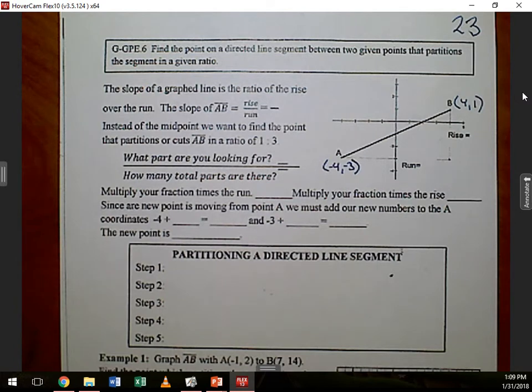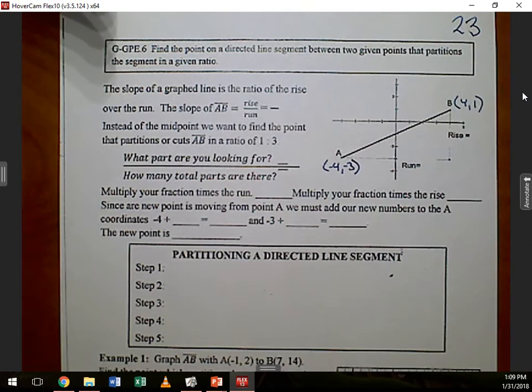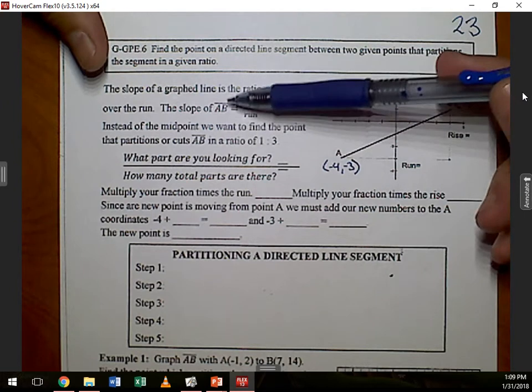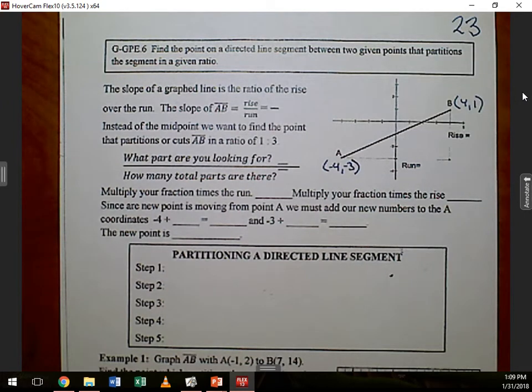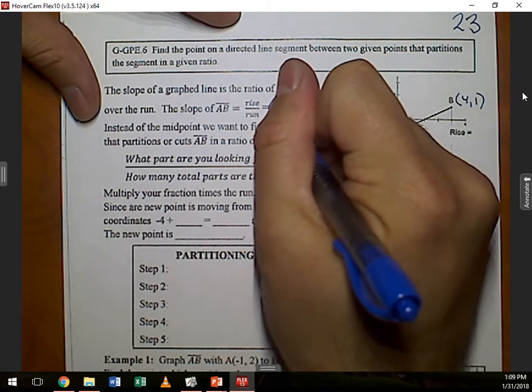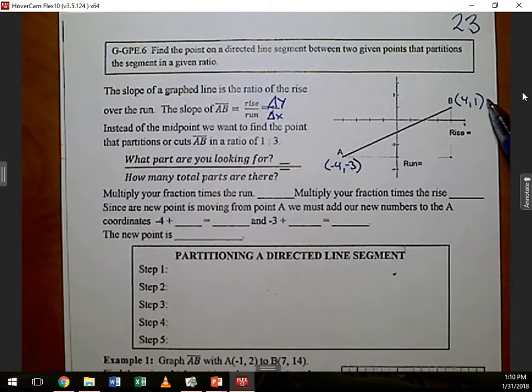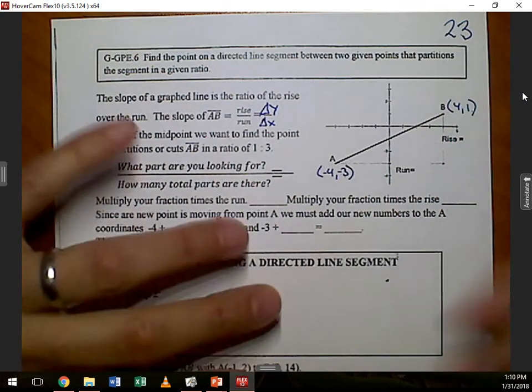So now, given that, I have a couple things that I need to know. The slope of the graph line is the ratio of the rise over the run. Rise is basically what we're saying for my delta y, and the run is my delta x. Delta refers to the change, right? So the change in y. If I'm looking at this, my change in y is, how far is it from -3 to +1? 4, right? So that's going to be 4